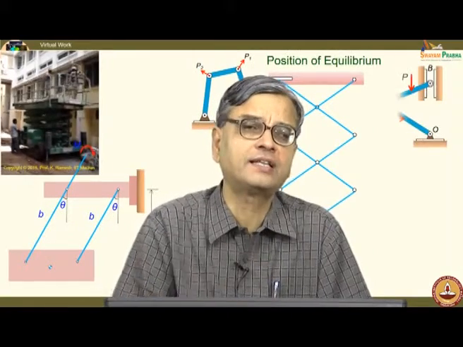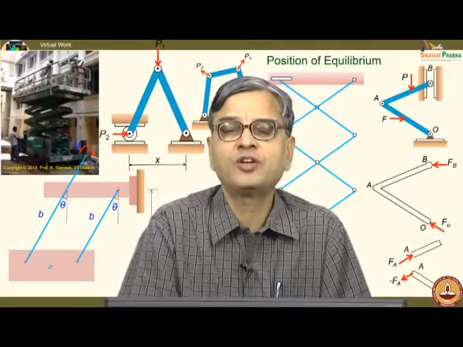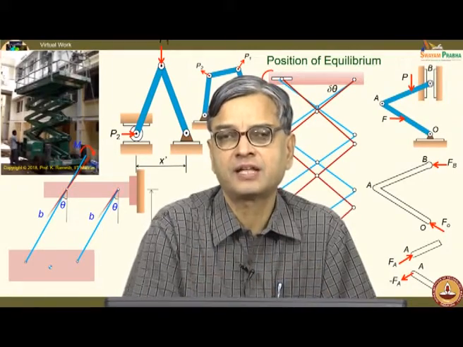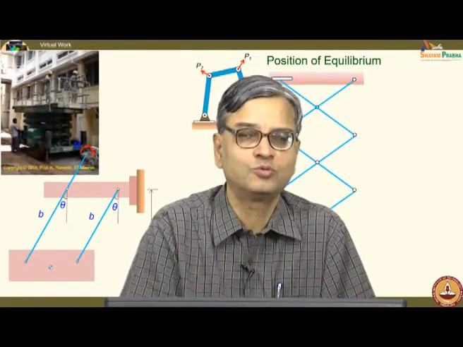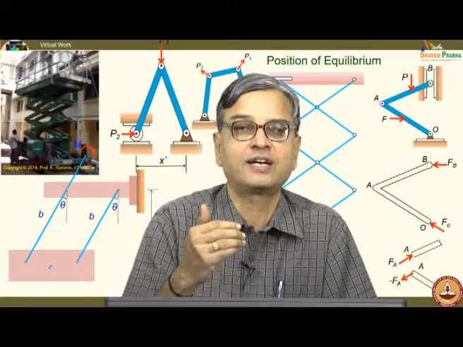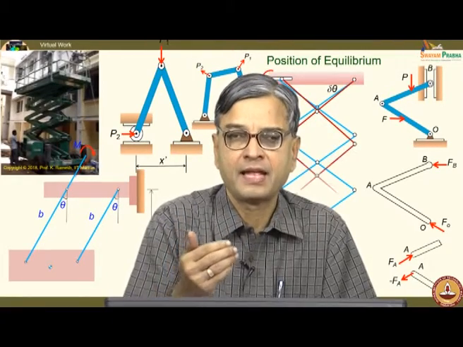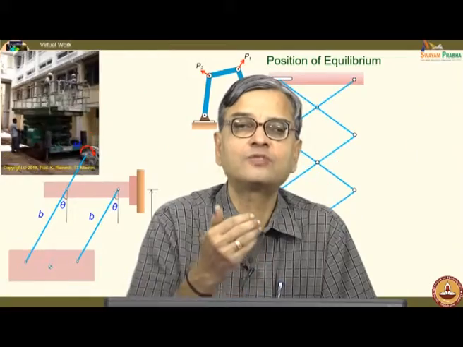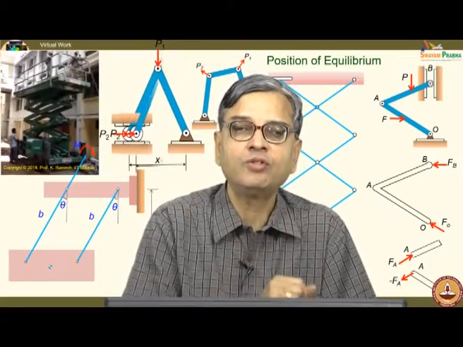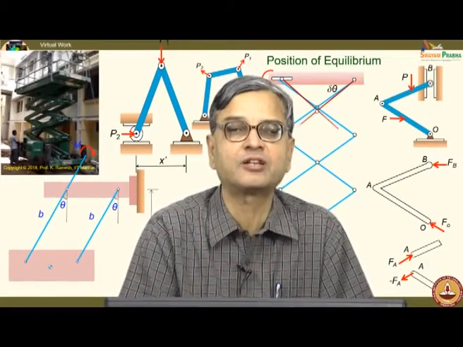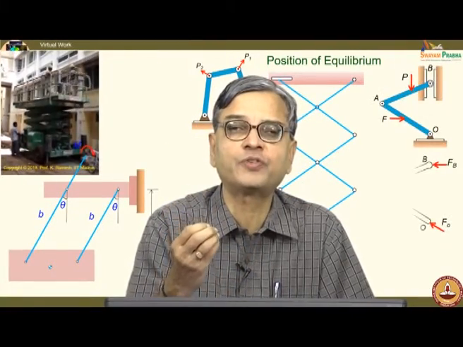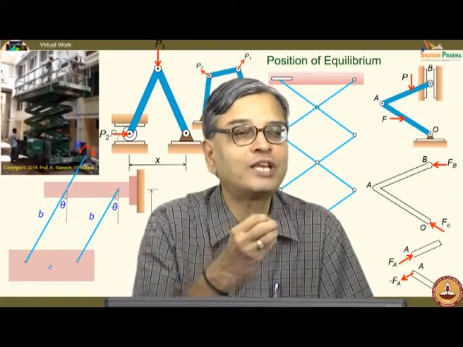We have also looked at in the last class what is the meaning of degree of freedom of a system. We have looked at a single degree of freedom system and a 2 degree of freedom system. You really understand a single degree of freedom system when you look at a 2 degrees of freedom system, because it requires 2 independent variables to define. And when I have a single degree of freedom system, it requires only one independent variable to define the configuration of the system. Now, the idea is, when we want to solve a problem in the method of virtual work, we should ensure that whatever is the choice of your independent variable, I should get one unique answer.